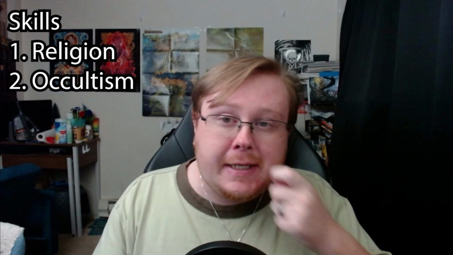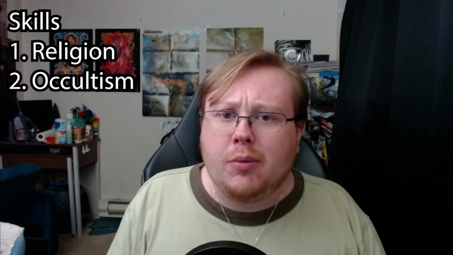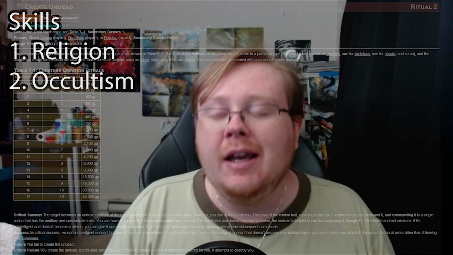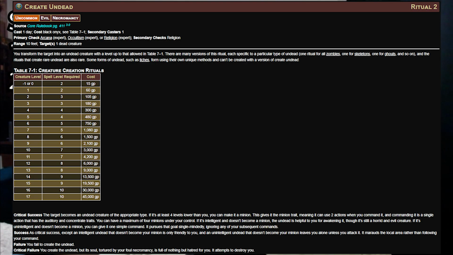And talking about skills, the two skills I'm going to recommend are religion followed by occultism. So religion is obvious for recalling knowledge on undead creatures. This might be important for your endeavors. It's also really important for a ritual if you ever get access to it, which I think is like the Raise Dead. Actually, let me check. Yes, it is indeed, or it is Create Undead, which is not going to be a focus of this build,